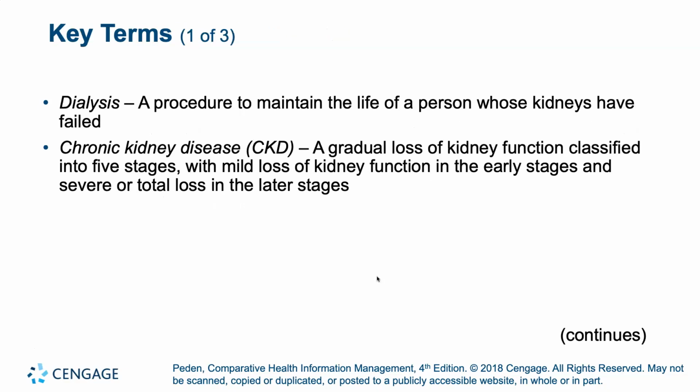So what is dialysis actually? It is a procedure that maintains the life of a person whose kidneys have failed. This means their kidneys cannot function. The function is so very low, they cannot do any of the functions that they are typically supposed to do,